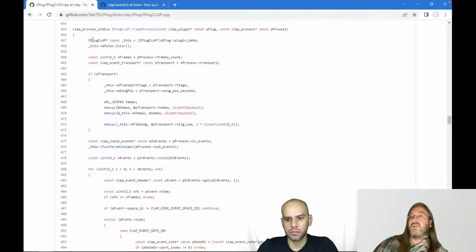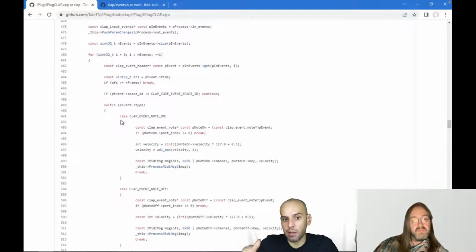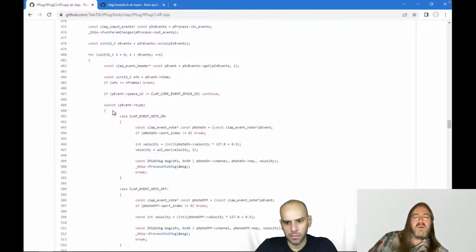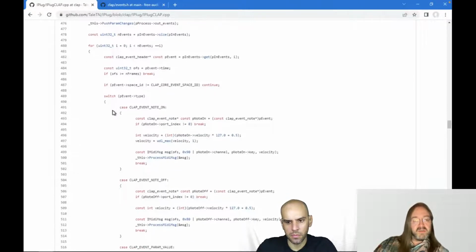If your audio size is 64 samples, then the time index of the events could be 0, could be 1, could be 63, but never higher than that. And you are going through all the events, queuing them, and then processing them. Well, I'm going through the events and processing them, but I know that my plugin is then queuing them again. Because this is a framework, not a plugin, I don't know what the plugin will want to do with the event, so I'm just passing it on.